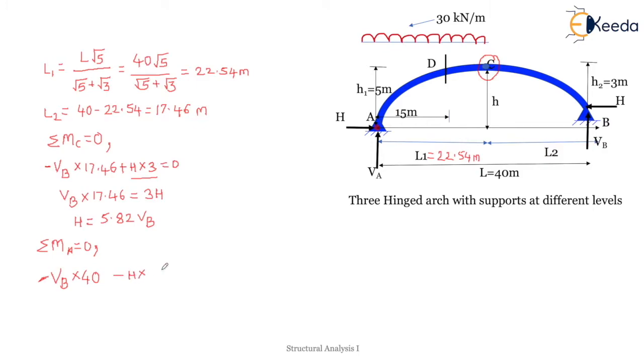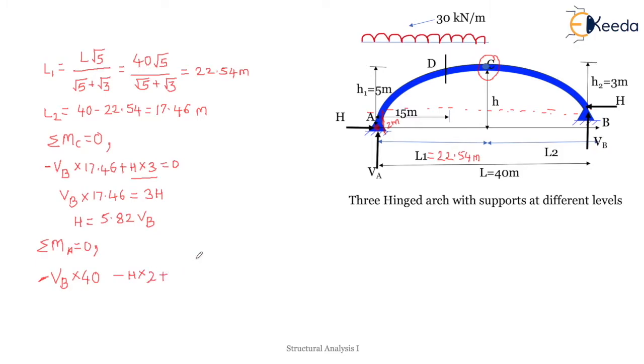H into, so here you can see H is acting here. For H, the line of action, if you see here, the height is the perpendicular distance. So height is 2 meter, because total height is 5 meter. In this 5 meter, this 3 meter will go, so remaining is 2 meter. So this distance we will consider for H. This is 2 meter. So minus H into 2